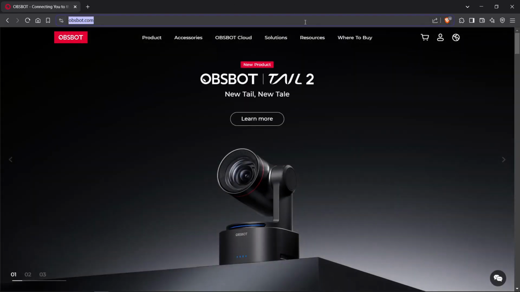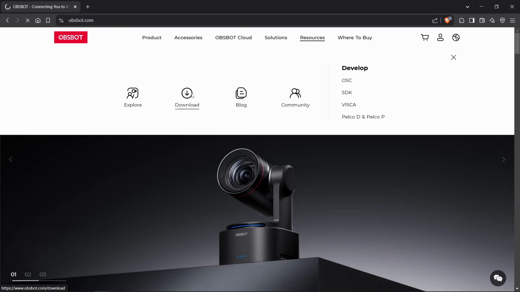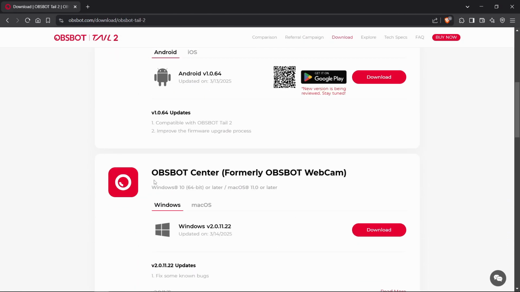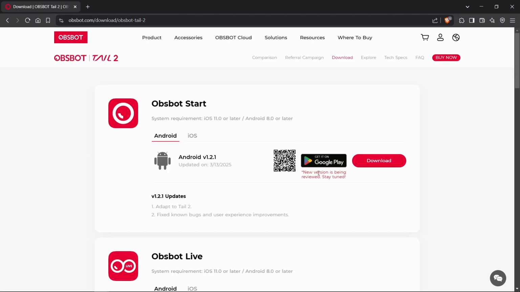on the computer app. Let's go to OBSBOT.com and then in the resources, downloads, OBSBOT Tail 2, and here you can download the Android app and the computer app, Windows or Mac OS. Currently, the new app is still under review on the Play Store. I'm recording this before the release of the camera, so you can download the APK file from here and install it on your phone. But by the time you're seeing this video, the app should be available already on the